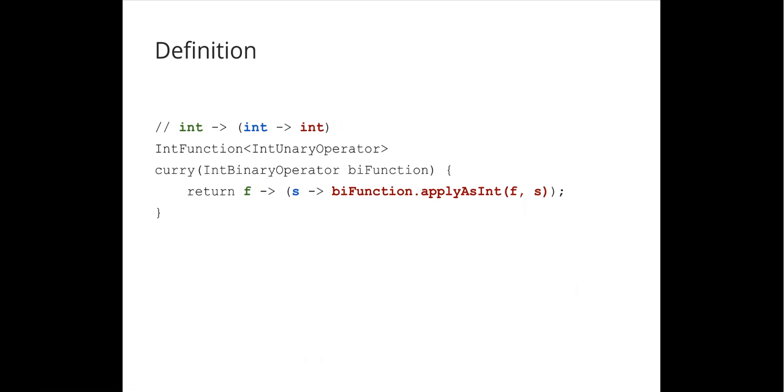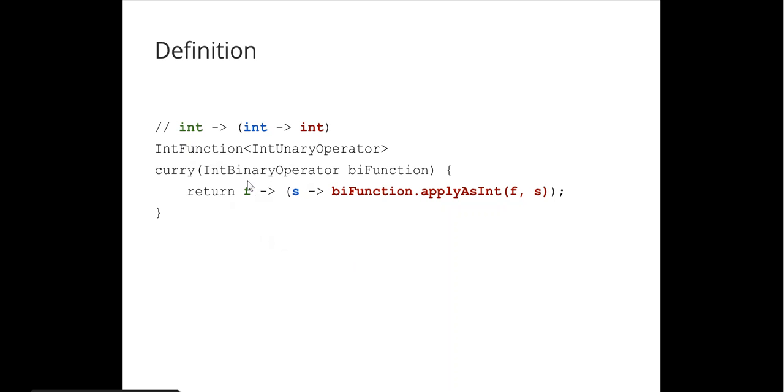Now, we were saying that something that developers are really keen on is the concept of abstraction. And we could have written a very, very abstract currying function. What I've done here is I've written one specifically that works with ints. So it takes an int binary operator as its argument. So that's something that takes 2 ints, thus binary, as arguments, and then returns an int as a result. And it returns an int function onto int binary operator. Okay, sounds a bit confusing.